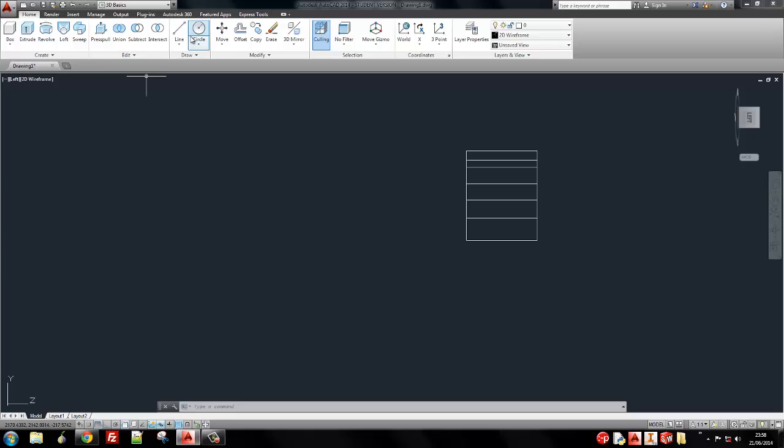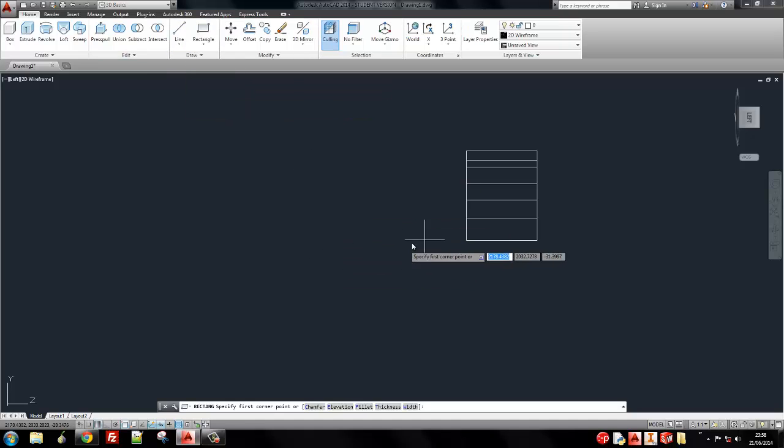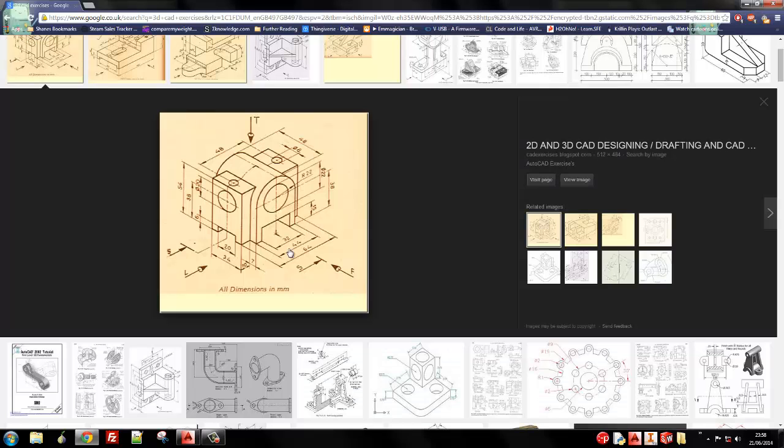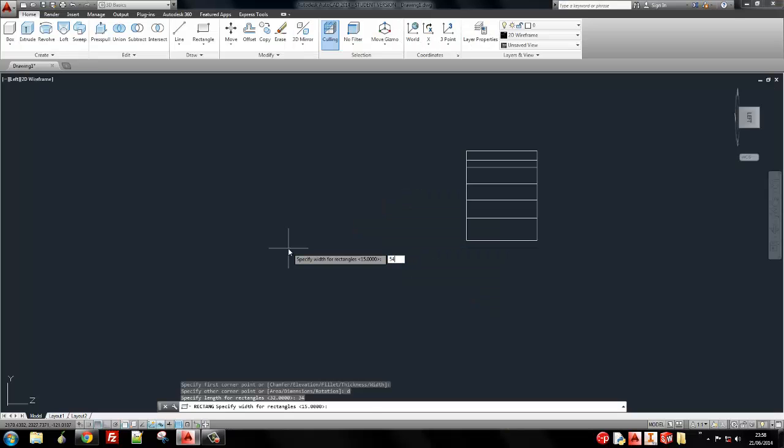So guess what tool I'm going to use? I'm going to use the rectangle tool. D for dimension. Oh wait, place a point first. D for dimension, and 34 by 54. Okay. Now, one of the problems I've come across here, and I've basically forgotten to make this happen the way it should happen, is that the AutoCAD